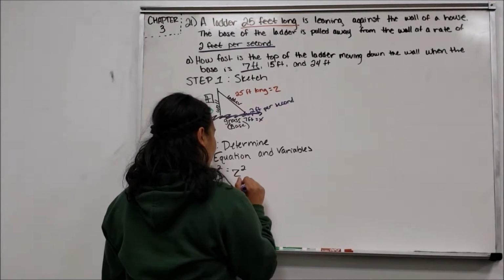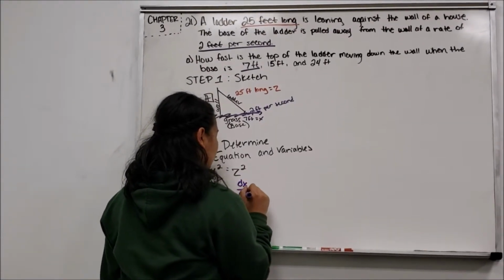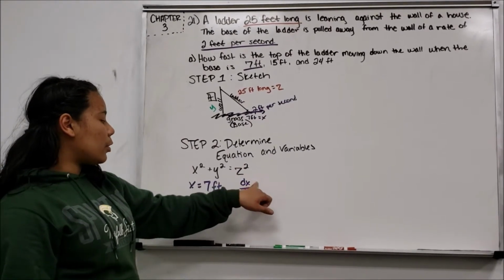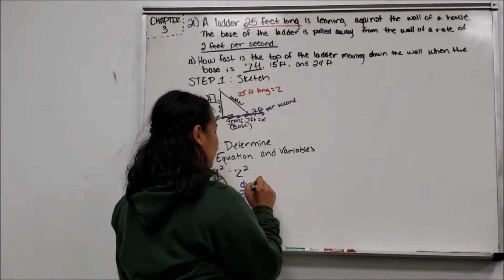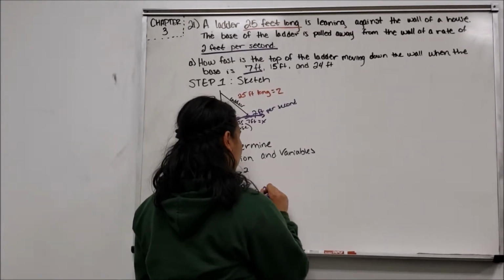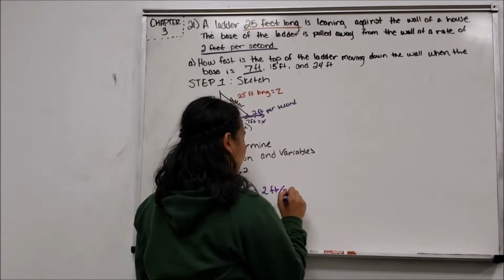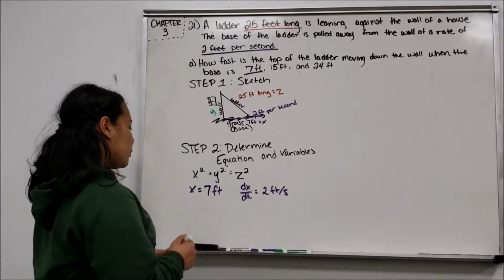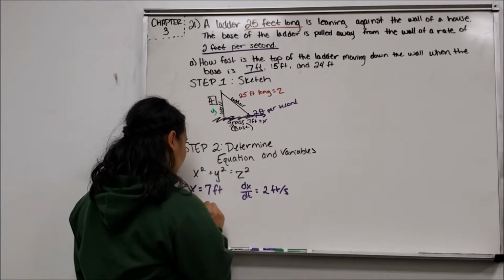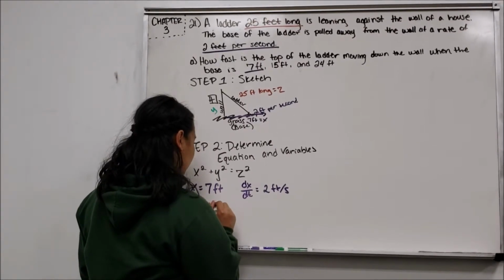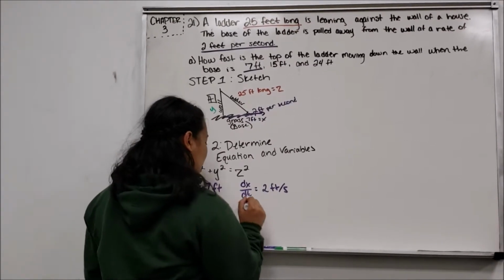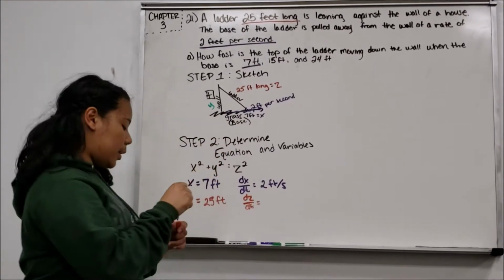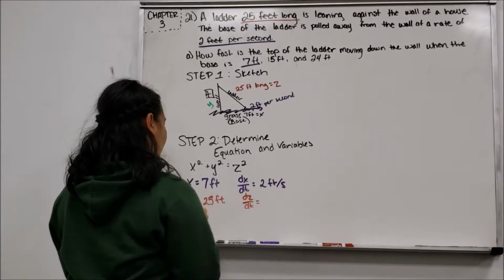So that will be dx dt, which stands for rate of change of the ladder per time, which is 2 feet per second. Alright, we know what our z is, so I'm going to label that, which is 25 feet. And we technically know what our dz dt is, but I'll discuss that after we figure out what our y is. So what we're looking for now is our y,